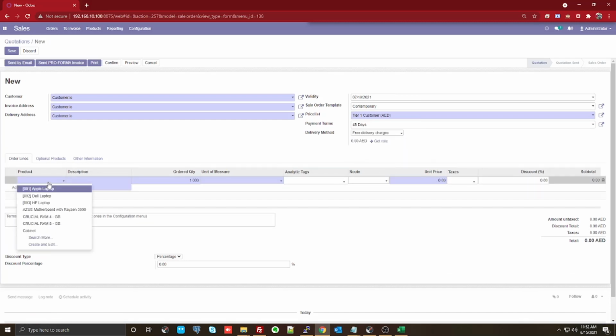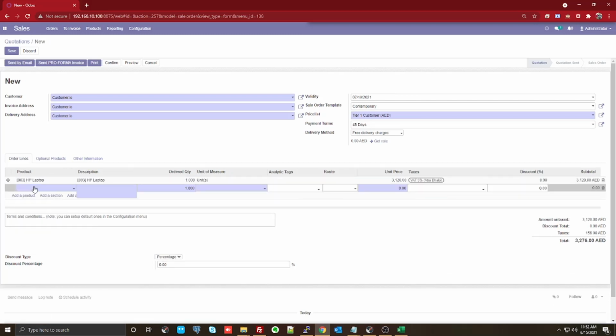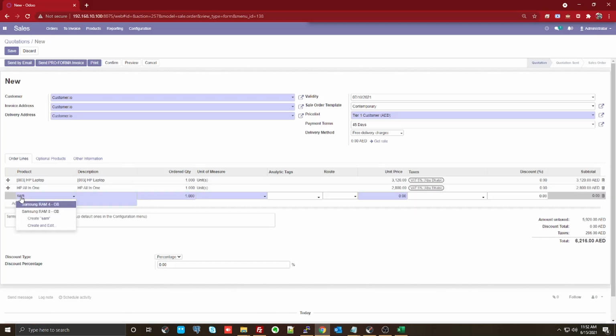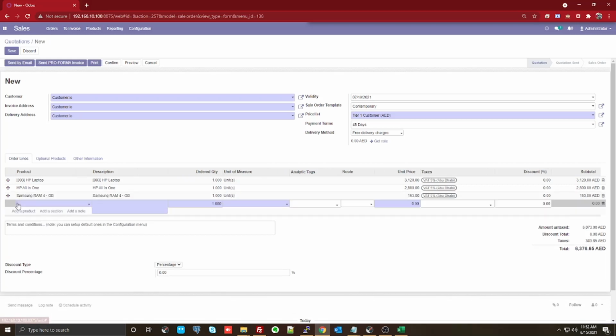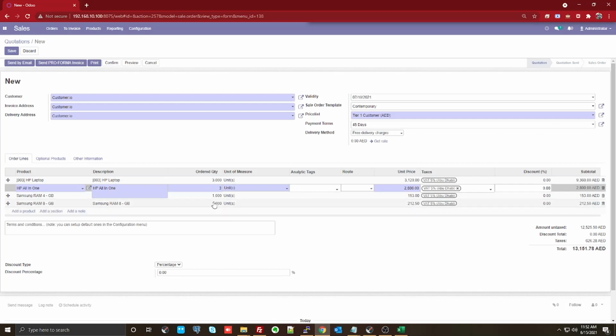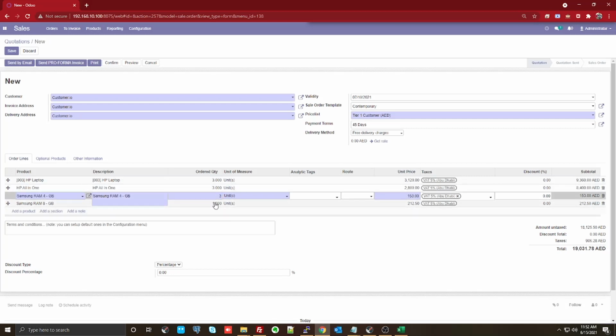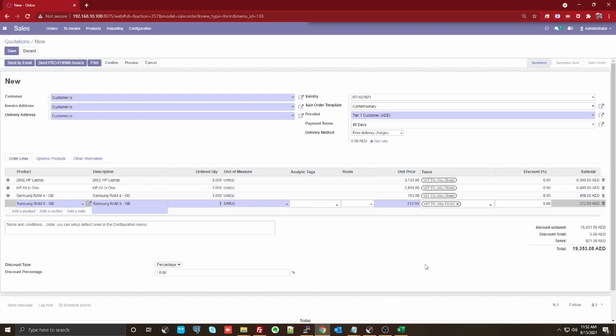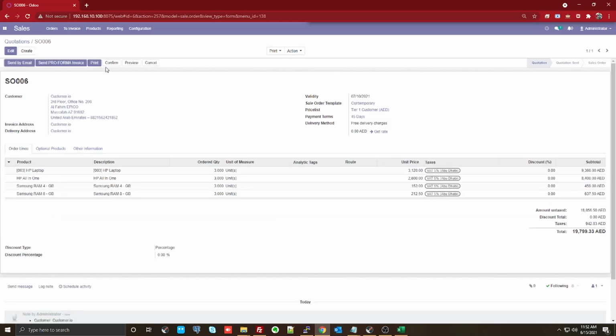So let me put HP laptop here, and I'm taking HP all-in-one, Samsung 4 GB, and Samsung 8 GB. Once you have given it, I'm making all the products 3 units. That's just for easy understanding. And there you go. So I have told that I'm interested in these products, and I'm confirming this order.